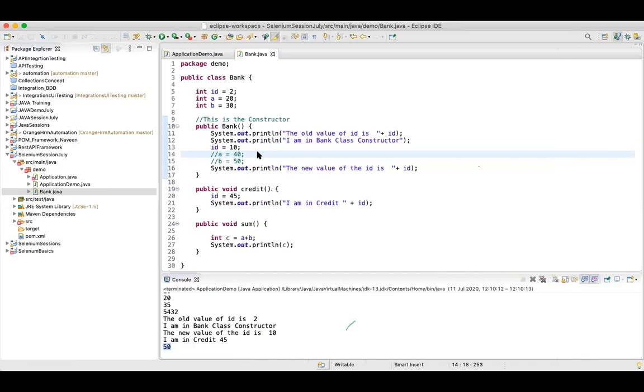Like we as human beings, as a child, acquire the properties of our parents, right? You have some properties from your mom and some from your dad. You can also have some properties from your grandfather as well. So you can have properties from your parents as well as the parents of your parents. This would be a multi-level hierarchy.